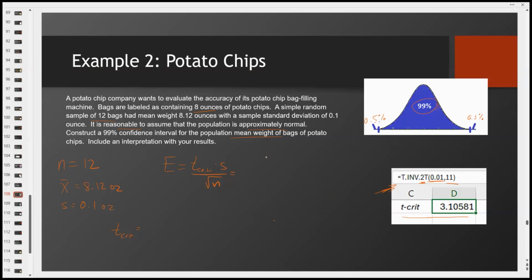Notice you need the degrees of freedom, which in this case is n minus 1, which is 11. So this is 1 minus 99%. That's the percentage that's left over, and this is the degrees of freedom. And that gives us our critical t value, which you see here, 3.106. We can call it 3.106 times the standard deviation of 0.1 divided by the square root of 12. We plug that into the calculator. You should get, let's check this real quick,